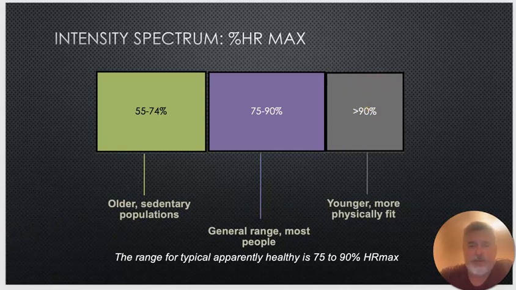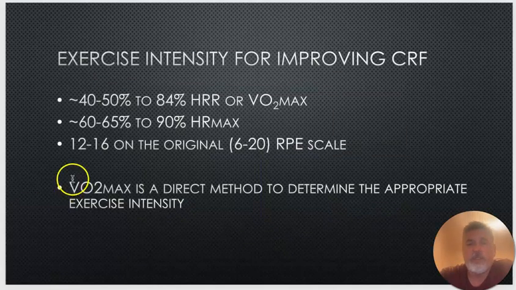You're going to see some other ones as well. So the exercise intensity for improving cardiorespiratory fitness: in general, 40 to 50% to 84% of heart rate reserve or VO2 max, 60 to 65% to 90% for heart rate max, and then 12 to 16 on the original RPE scale, which is the Borg scale of